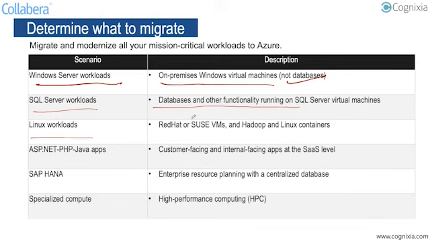Linux workload, yes, you can migrate, which is running on Red Hat or SUSE or any Hadoop containers. ASP.NET, PHP, Java applications, which are hosted for customer facing and internet facing applications, that is front end. So you can host that, you can migrate those applications also on Azure. SAP HANA application, yes. So enterprise resource planning with centralized database. Specialized computer, that means HPC, high performance computing for batch processing. Yes, we can migrate. So we can migrate all resources on Azure